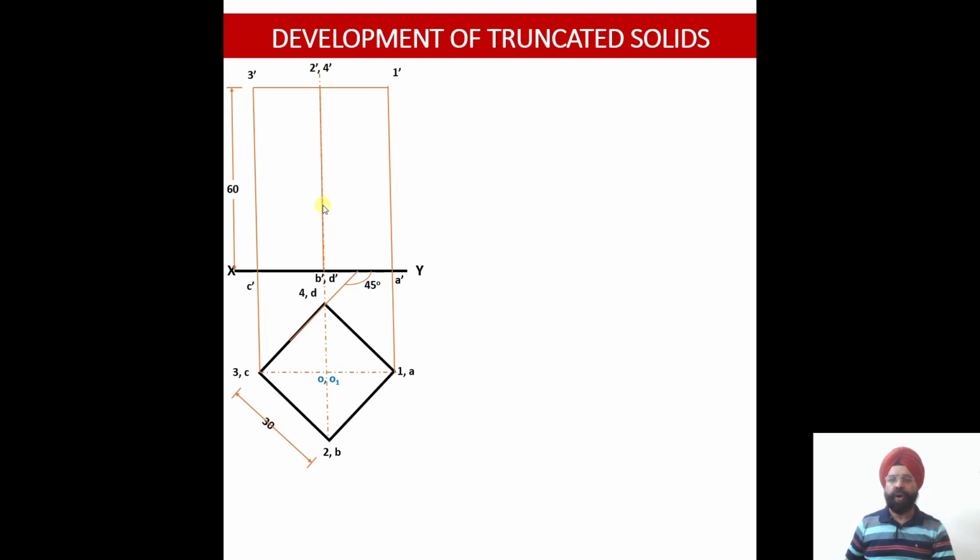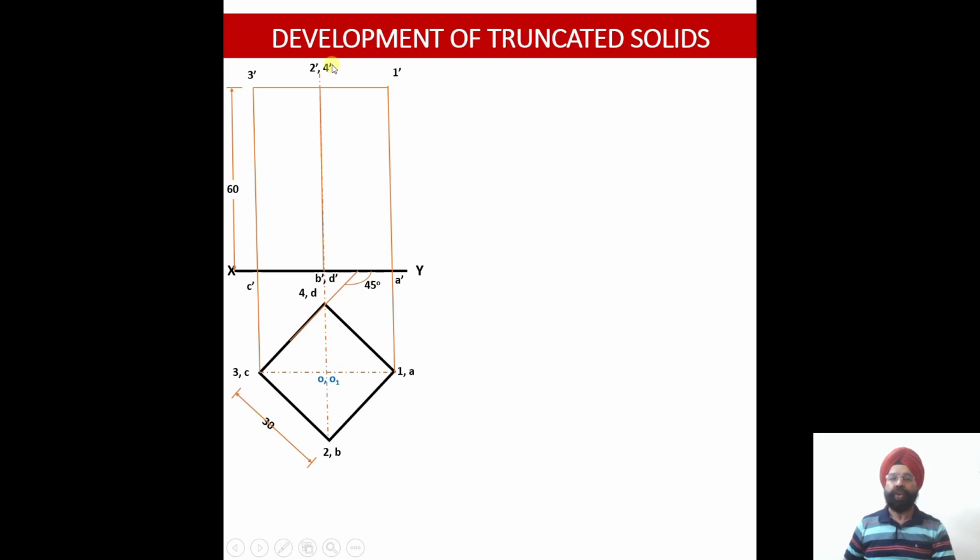The reason is that the projections corresponding to the vertical edge 4D will be overlapped by the solid line, or object line, projections corresponding to the vertical edge 2B over here. So the 2B front view projection, that is 2 dash B dash, will be a solid line projection, whereas the 4 dash D dash projection will be a dotted line.